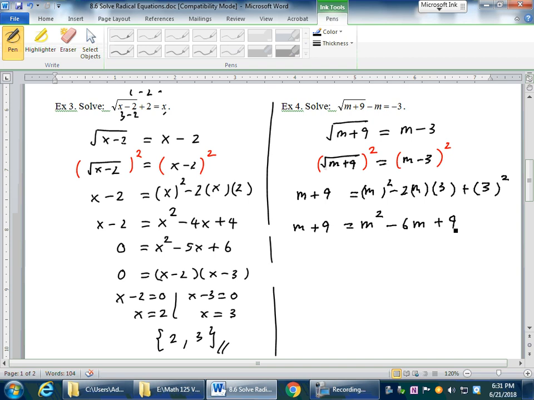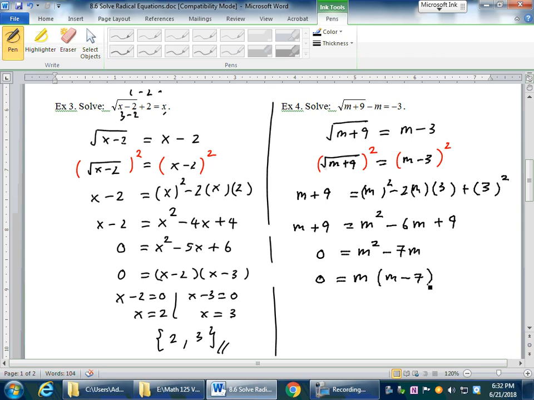Now we are solving a quadratic equation, so I have to move everything to one side and the other side equal to 0. To do that, first we subtract m from both sides. That gives me minus 7m. When we subtract 9 from both sides, they cancel out. So now factor completely, factoring out the GCF, the greatest common factor m, that'll give me m times m